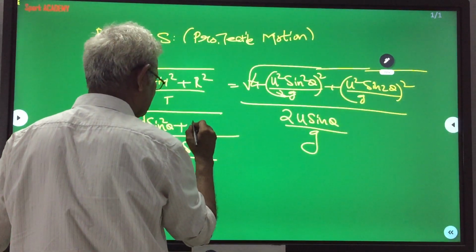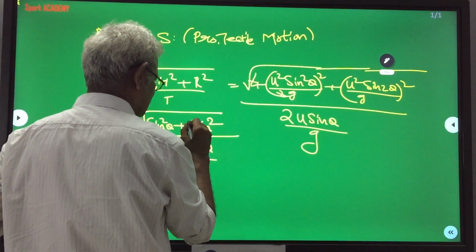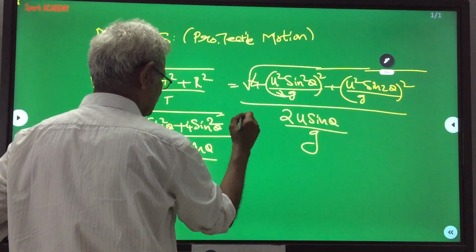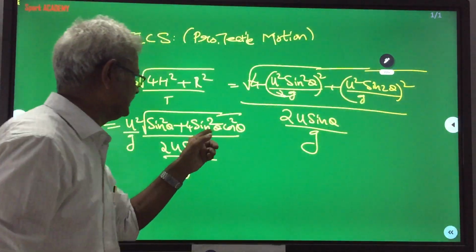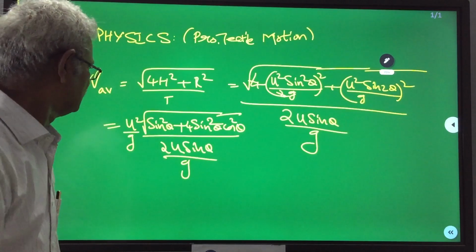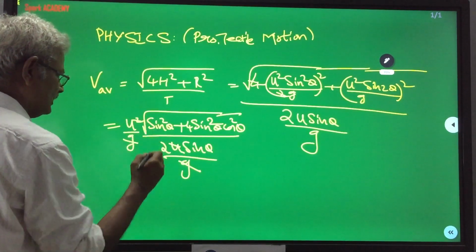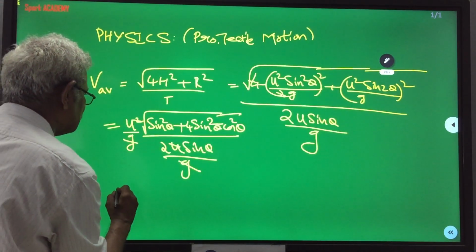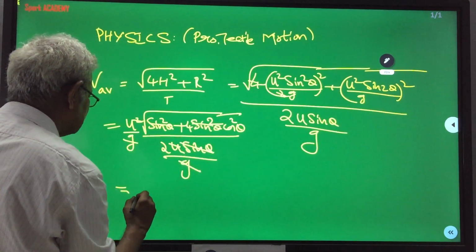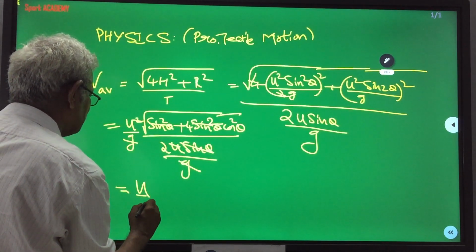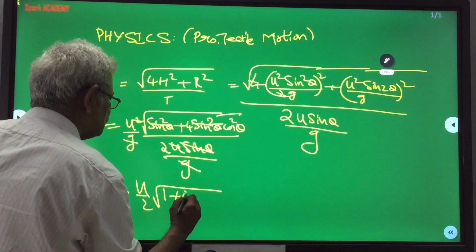Sin 2 theta is 2 sin theta cos theta, whole square. Okay? So this gets cancelled, sin theta remains. The sin theta gets cancelled with this. So it will be u by 2 into root of 1 plus 4